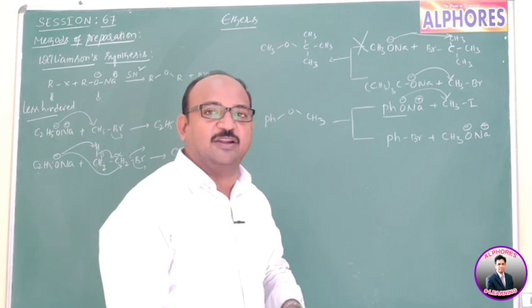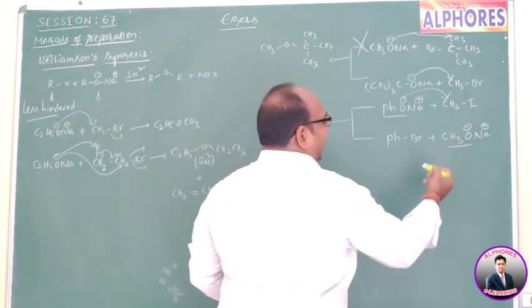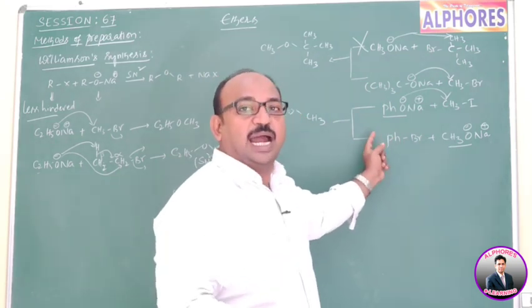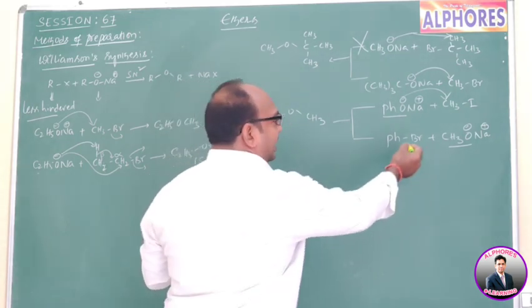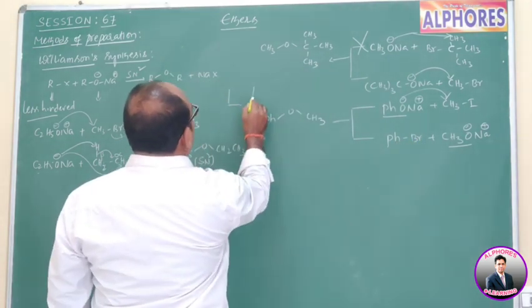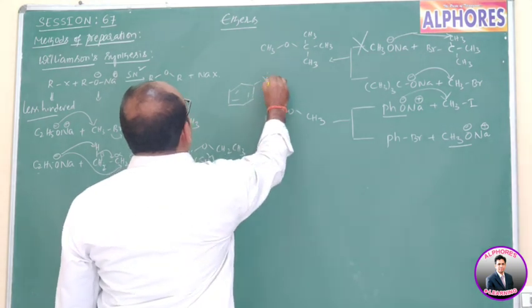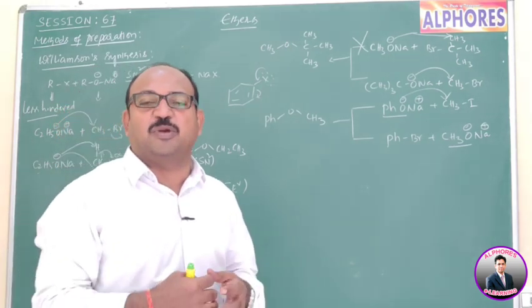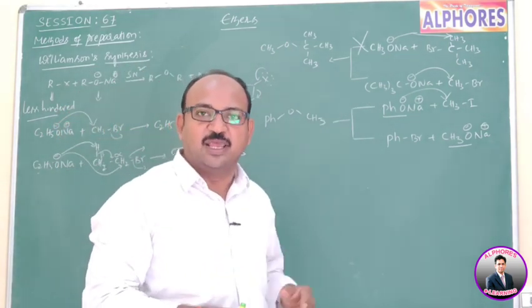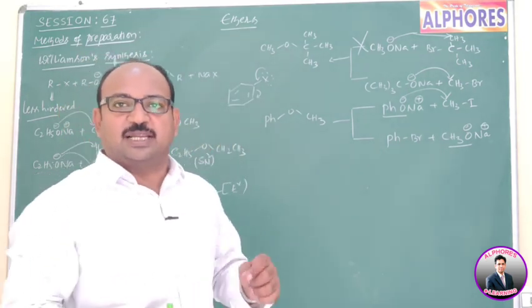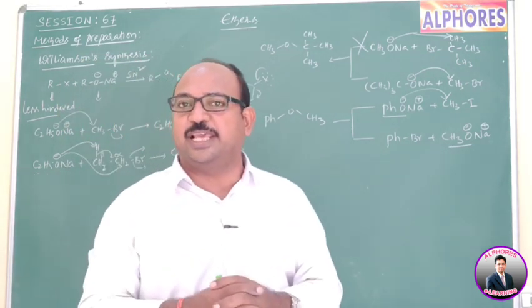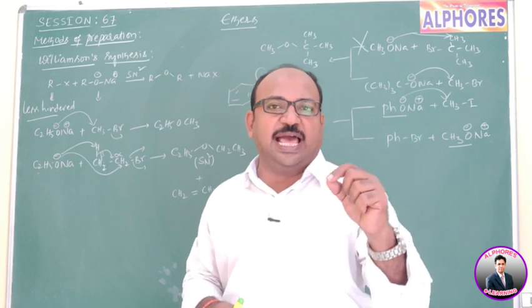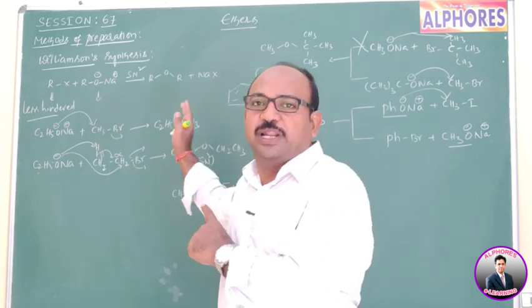Now let us discuss the second case. CH3O minus, of course, is a strong base. Here we have phenyl bromide, and we learned that a halogen attached to the ring cannot be displaced easily because the halogen has a tendency to show its resonance effect. Of course, that effect is less for bromine, but it shows some effect to some extent. As a result, a partial carbon-halogen double bond forms. Because of that, it is not easy to displace the halogen atom directly attached to the phenyl ring.